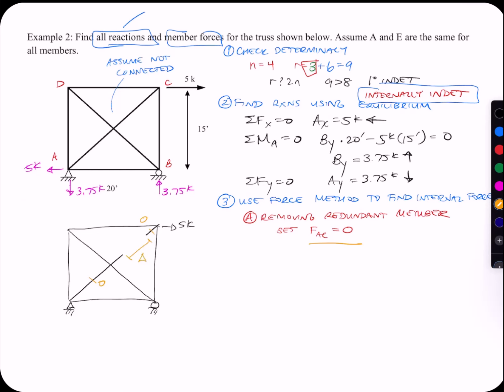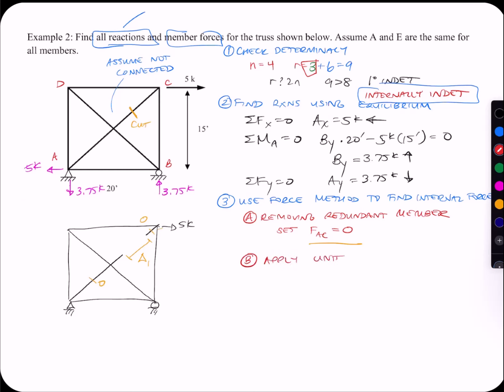But when it gets cut, a gap can form. And we're going to call that gap delta 1. So between the two pieces of the member that got cut, they can move. So I've literally made a cut like this. And I've super exaggerated that because of the 5 kips, it's going to move to the right, pulling that top piece of the cut further away from the bottom piece, leaving this gap of delta 1. So because I've taken something off, I need to put it back on. So I'm going to apply